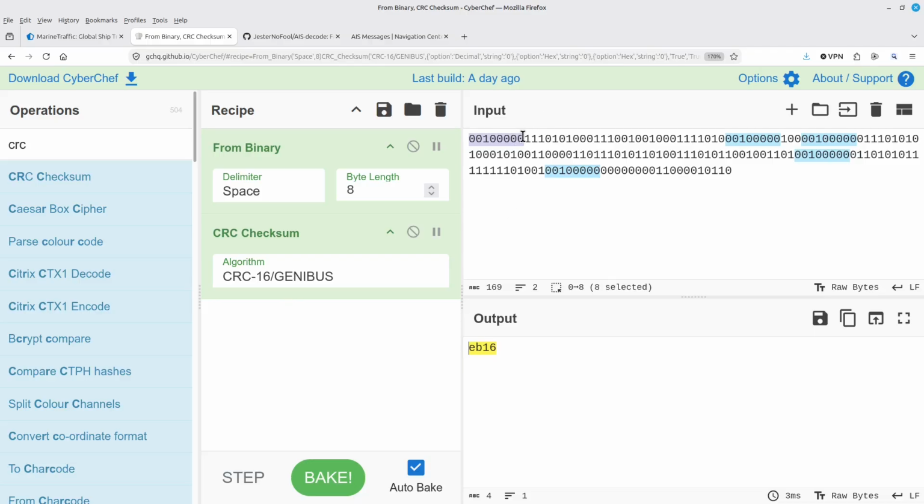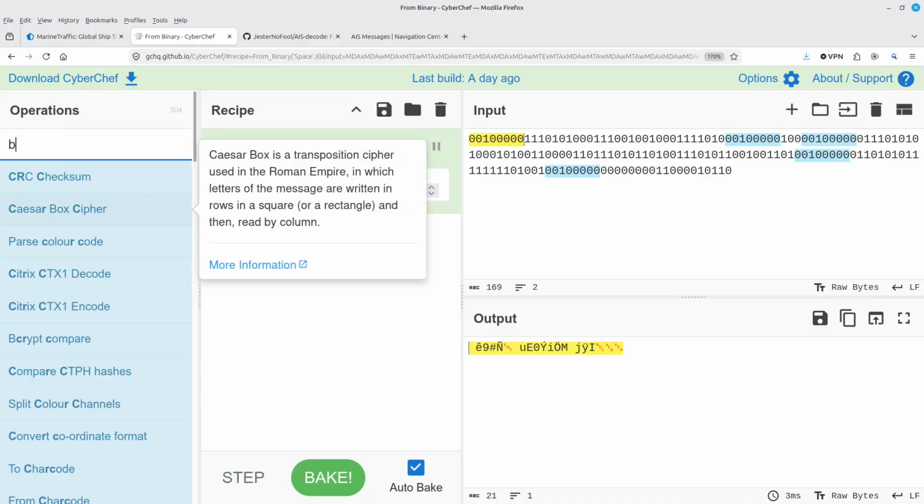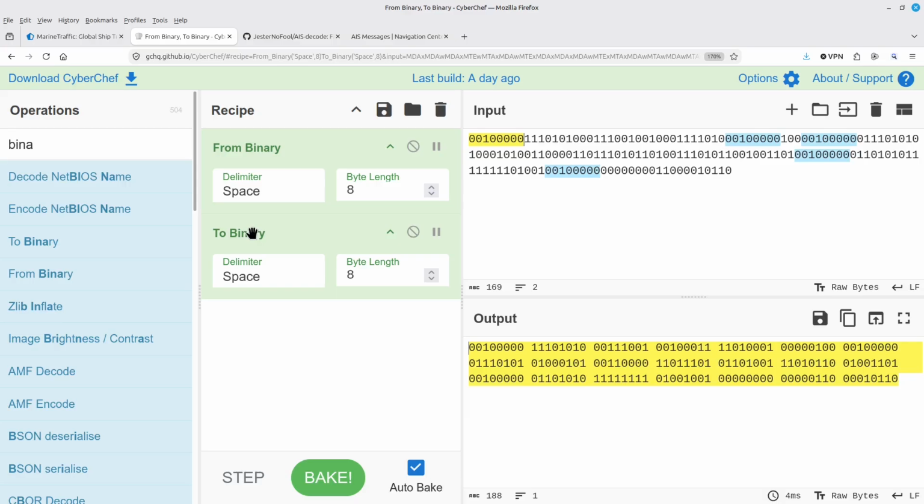In other words, this here on the right is the most significant bit. This bit here on the left is the least significant bit. To better understand that, let me come over here and add another binary, and we're going to go from binary to binary. I'm like, why are you doing that? Reason being is that it really nicely groups everything into 8 bits.